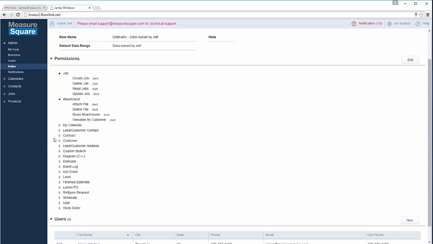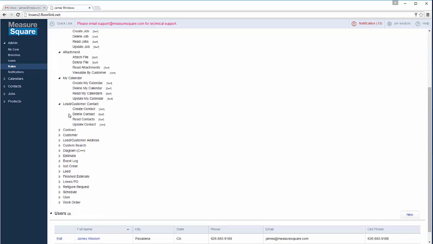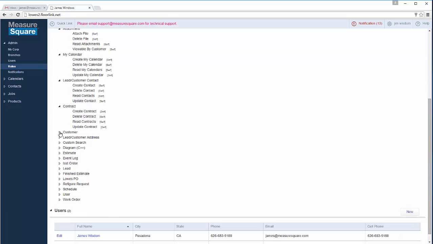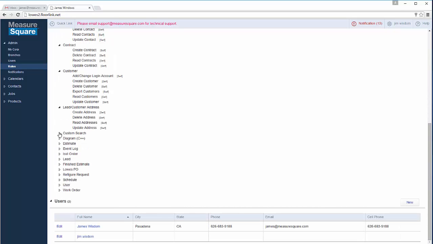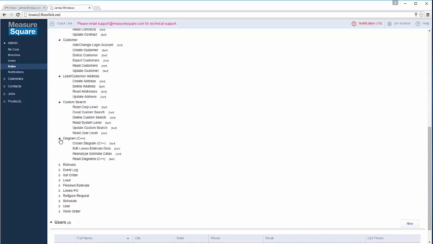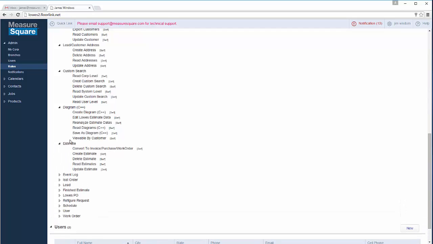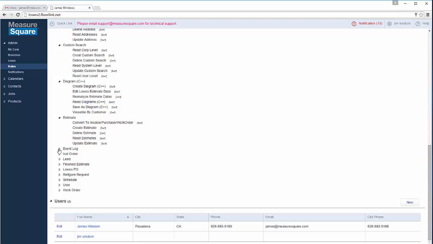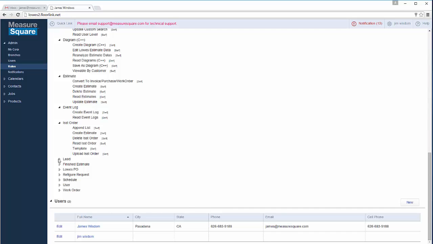We can affect similar permissions for attachments, calendars, leads, and contacts, the ability to create, delete, or read contracts, the ability to access a customer database, the ability to give customer logins for fields such as a lead address, search filters, the ability to access diagrams, estimates, event logs, ISST orders, lead information,